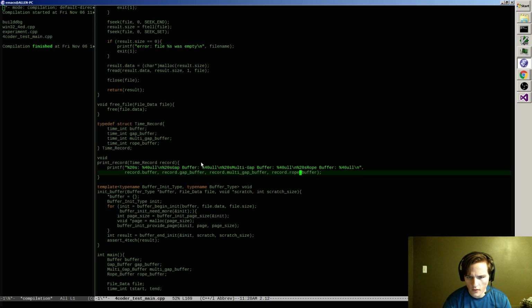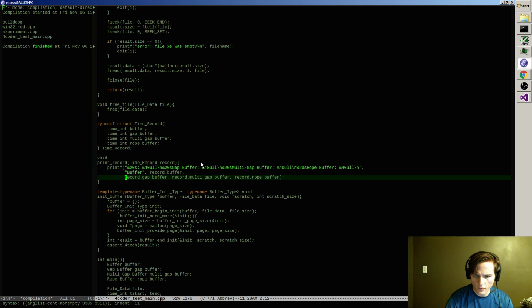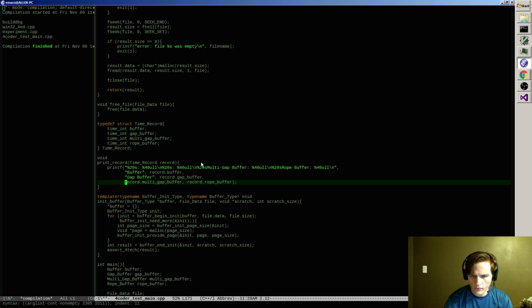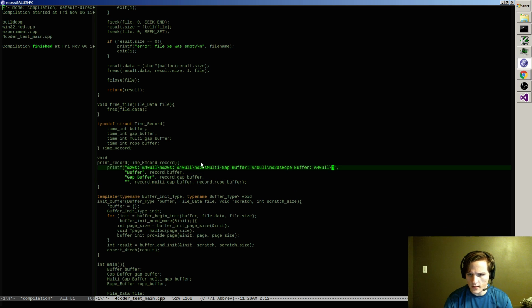And then it's like, okay, this first one here is the buffer. The second one is the gap buffer. The third one is the multi-gap buffer.